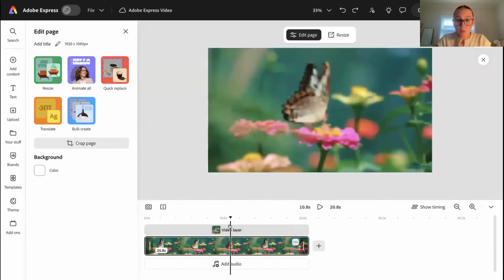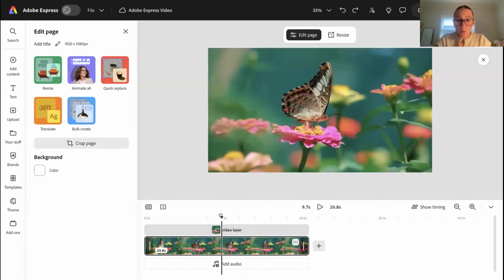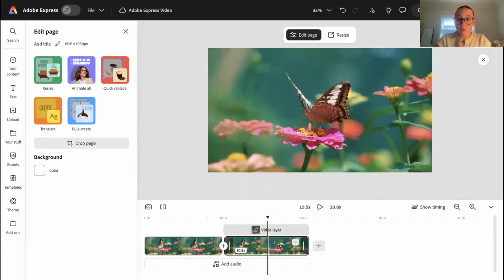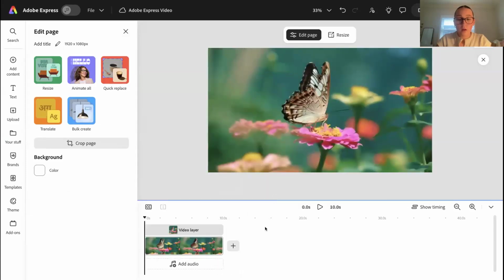So I'll just try that one again. Move that to where we want it. You can also go right click and go split. And see, now you can just see that that video has split into two. So say then you can right click again and delete that second half if you would prefer, rather than dragging it. Either will